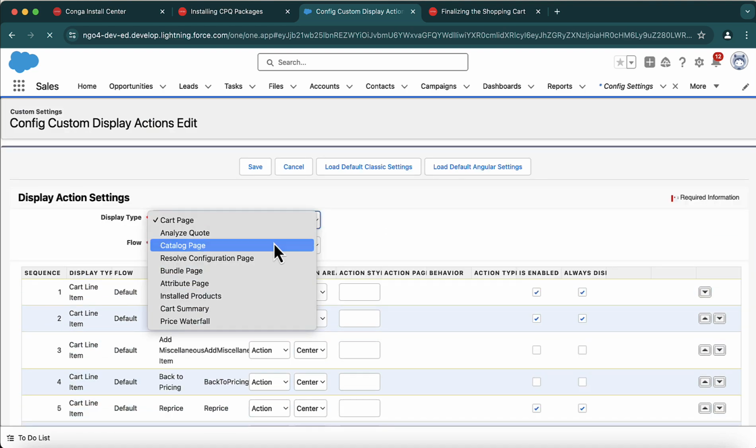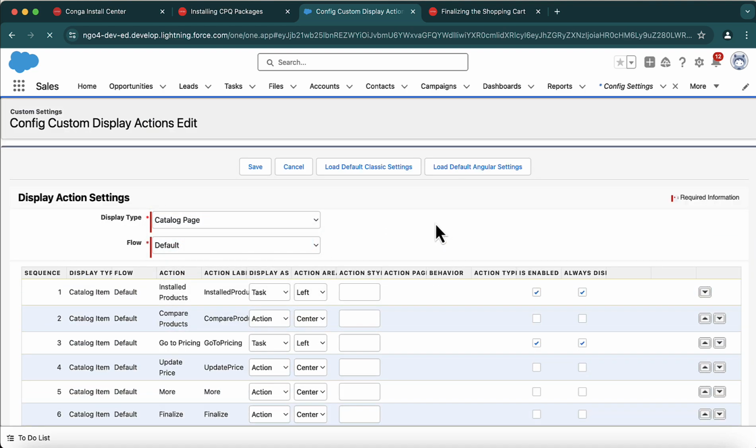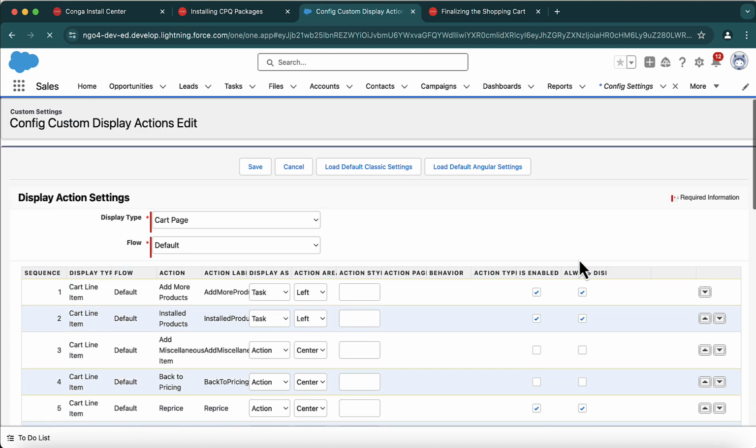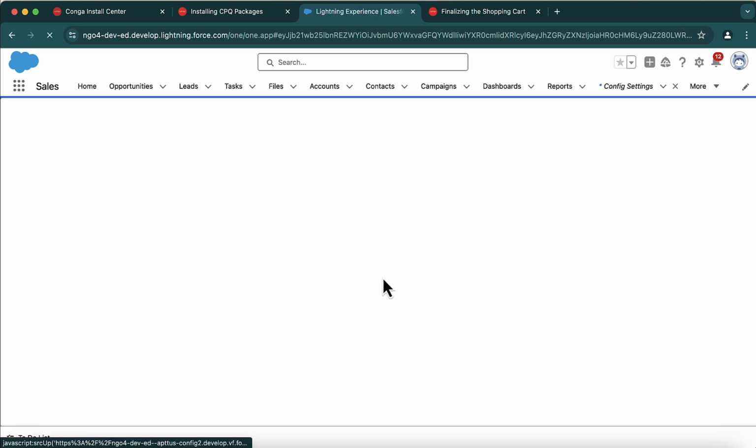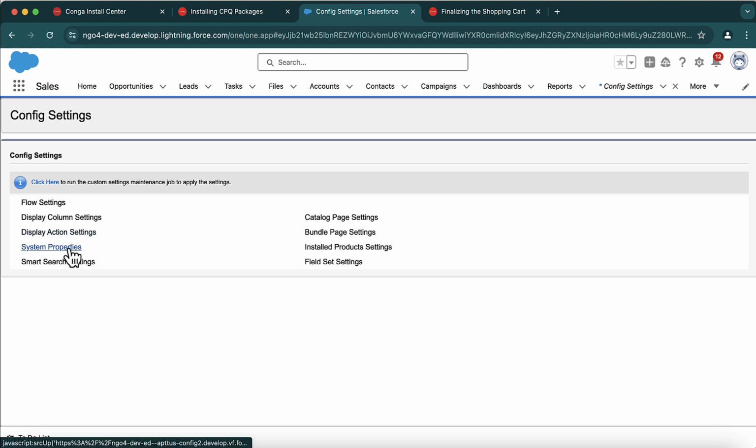If you want to select some other page, let's say you want to go for the catalog page, then that can also be configured from here. Right now I'm not making any modification, I'm just keeping it as it is, and then click on save. Again it will ask you to run the maintenance, we will do it later, and then come to the system